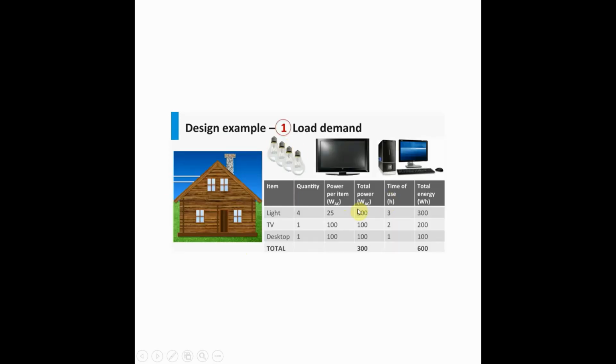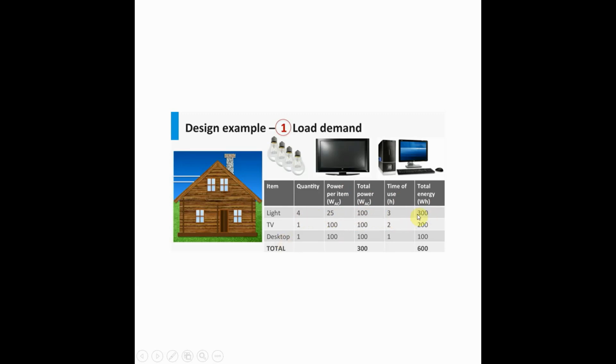So for example, first we calculate our load. For example, we have four lights available at our home. The power per item is 25 watt. One light bulb is 25 watt. So total power for four lights is 25 multiplied by 4, this will be 100. And if we are using them 3 hours per day, it means 100 multiplied by 3, so 300 watt